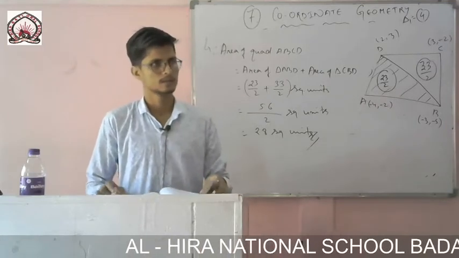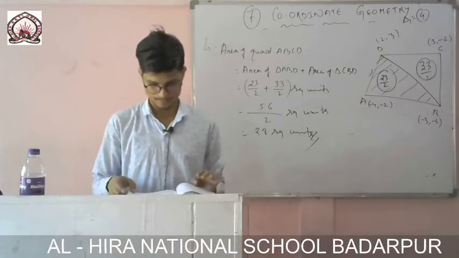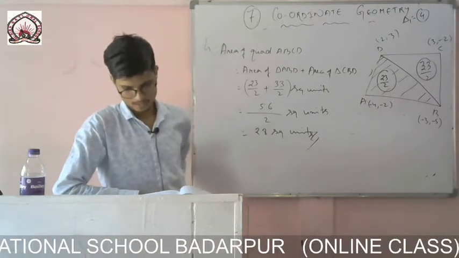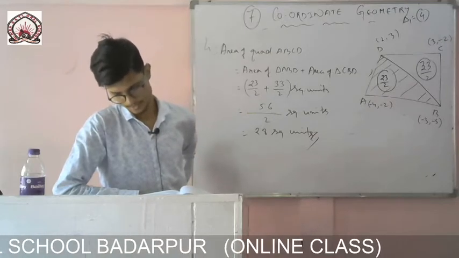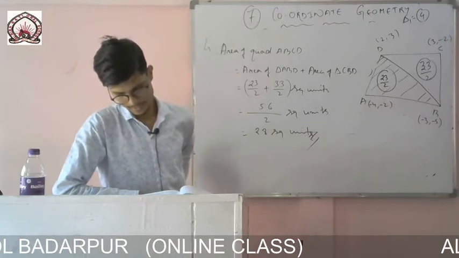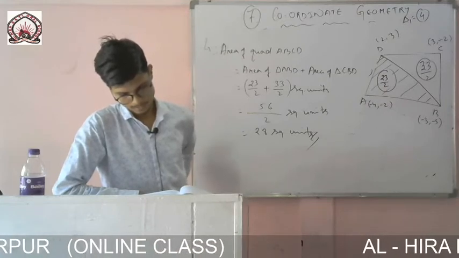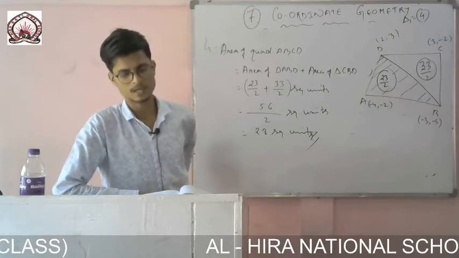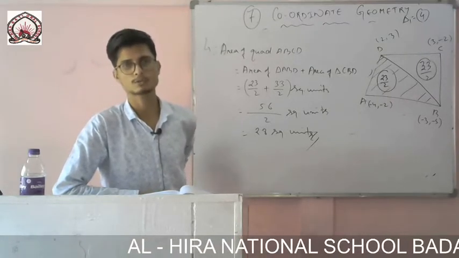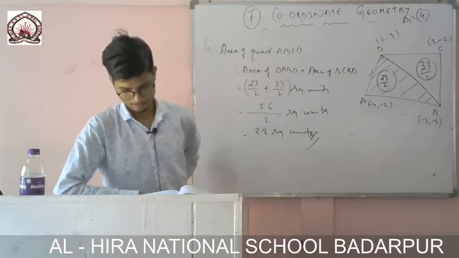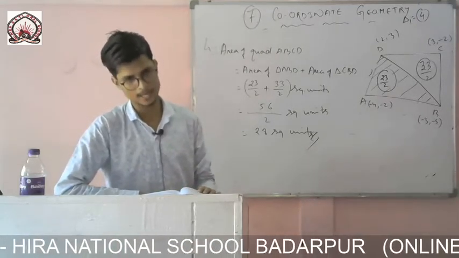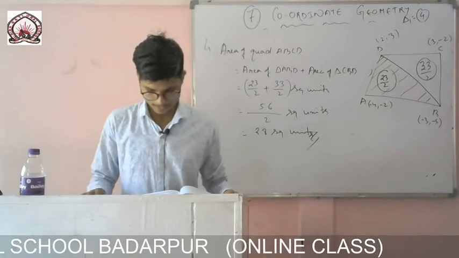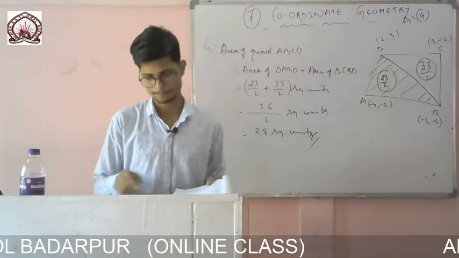So the last sum of the exercise, question number 5. You see, if you have started in class 9, chapter 9, example 3, that a median of a triangle divides it into two triangles of equal areas. So it is a question from chapter 9, example 3. I don't know how much of you can recall that one. It is given: verify the results for the triangle ABC whose vertices are A, B and C. So the question is to verify them.